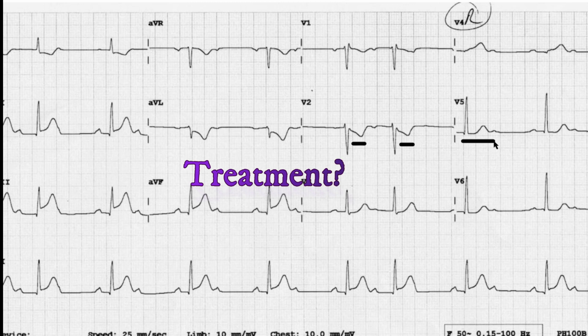Now, what should be the treatment of such cases? Whenever you find such a patient with ST elevation MI in the ER, you have to decide about the revascularization strategy. Of course, primary PCI should be the default approach, but if you are in a center where primary PCI is not available, then you have to decide whether you can transfer the patient to a primary PCI facility within 120 minutes.